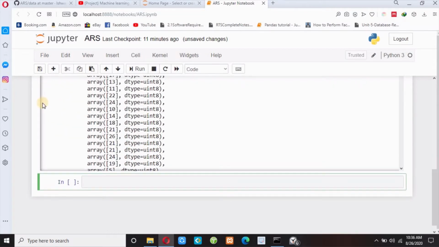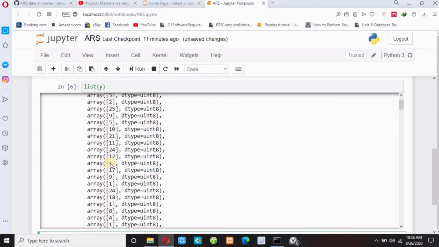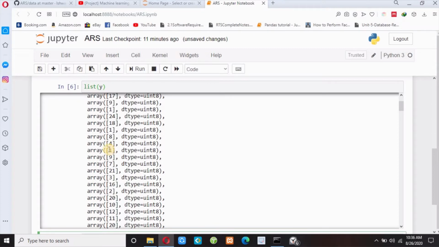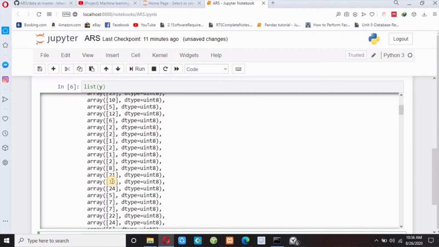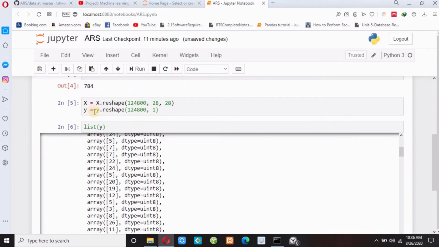Okay, now you can see here the value of y ranges from 1 to 26, because we have 26 alphabet letters from A to Z. So you can see here, 1 is the minimum value and the maximum value will be 26, of course. So where is 26? Here it is 26. Means y ranges from 1 to 26, but we have to decrease y value by 1.